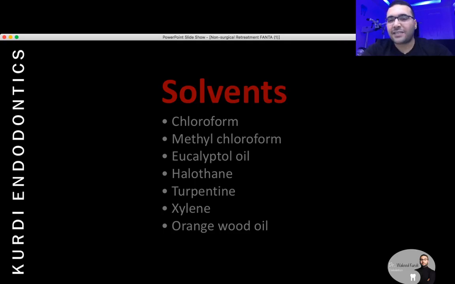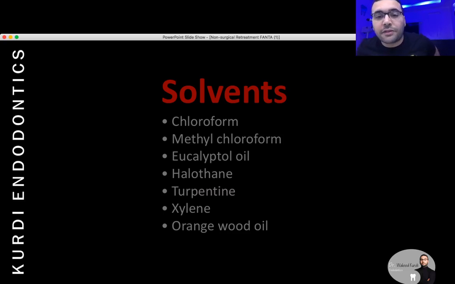Solvents. Please guys, do not use solvents in removing the gutta-percha, for two main reasons. First of all, under magnification, you will see nothing. The vision will be very bad and it makes a mess. As I always say, it's a shitty mess under magnification. You can see nothing. And for those who don't have magnification, or do not even realize its importance,